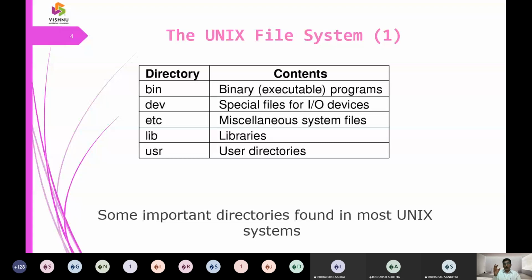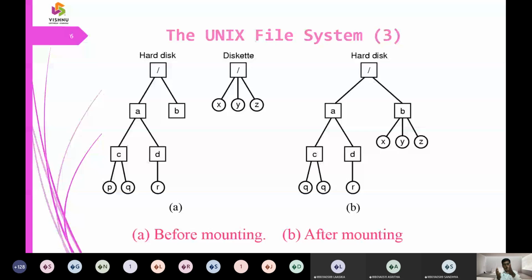And see this, when I have my hard disk, then I can link my external hard disk. If before I link it, I call it before mounting. And if I attach a pen drive to my system, that is nothing but a technical word, we are going to call it mounting. So when mounting happens, what file system structure happens inside? The same type of file system is migrated to that secondary storage device also.